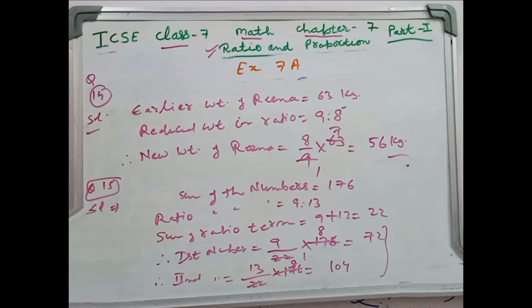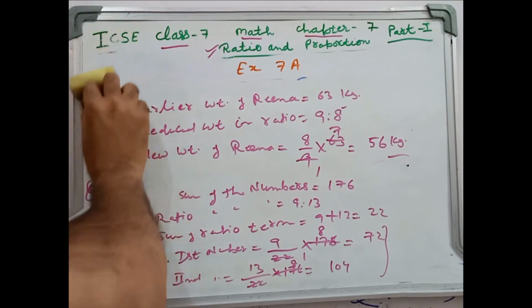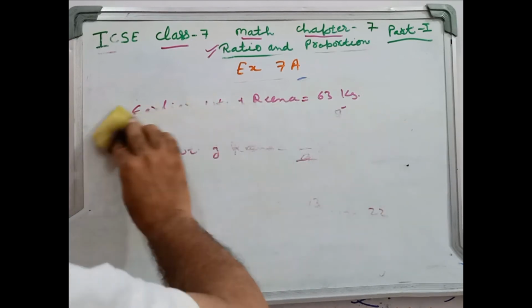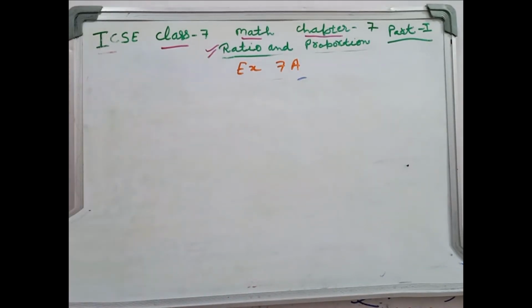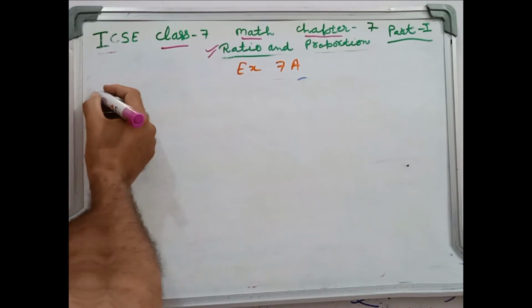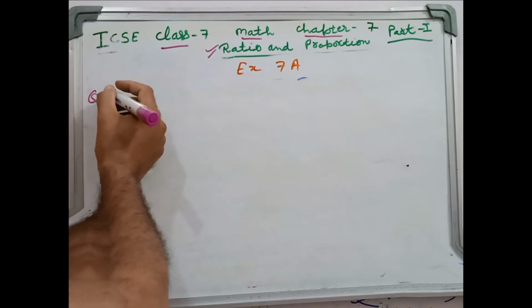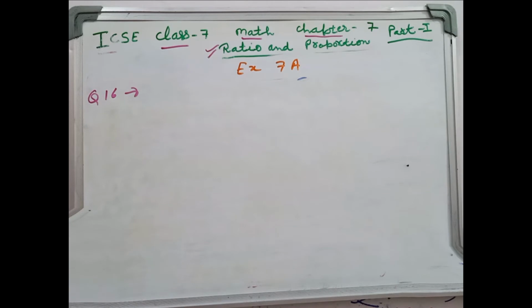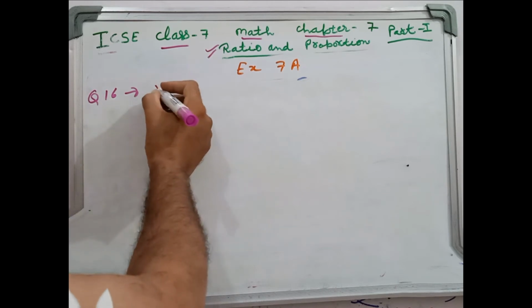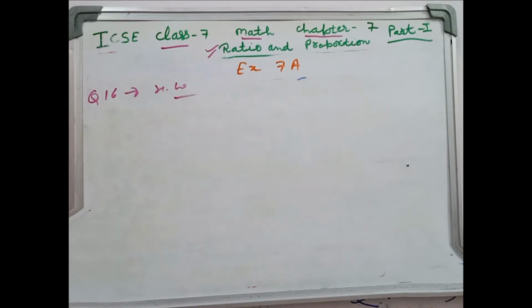So you can find it if you have done your basics right. There is no difficulty in it. Question number 16 is just like 15. Here sum is given, their difference is given, right? You will minus that, 8 minus 5, 3. Find the numbers. This is your homework, right?